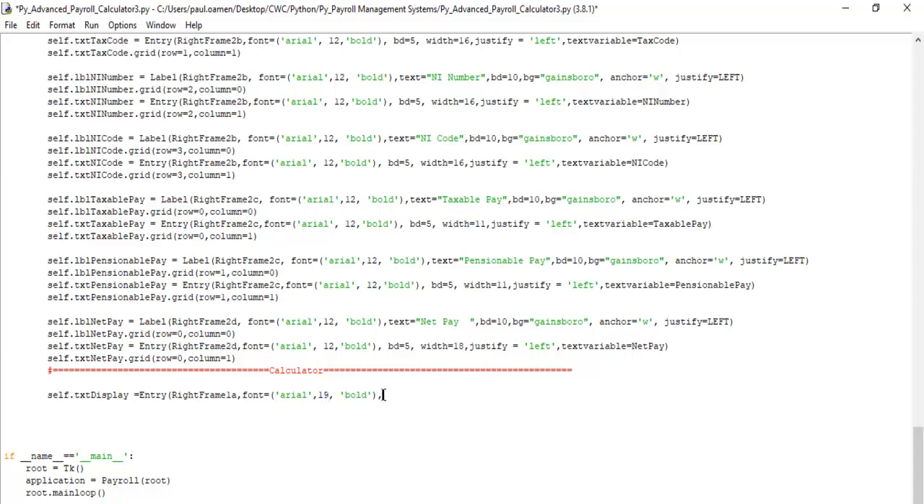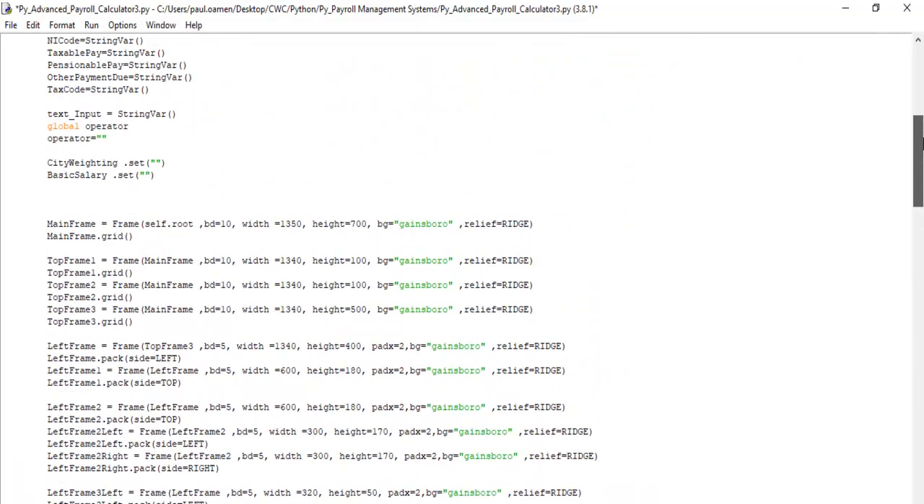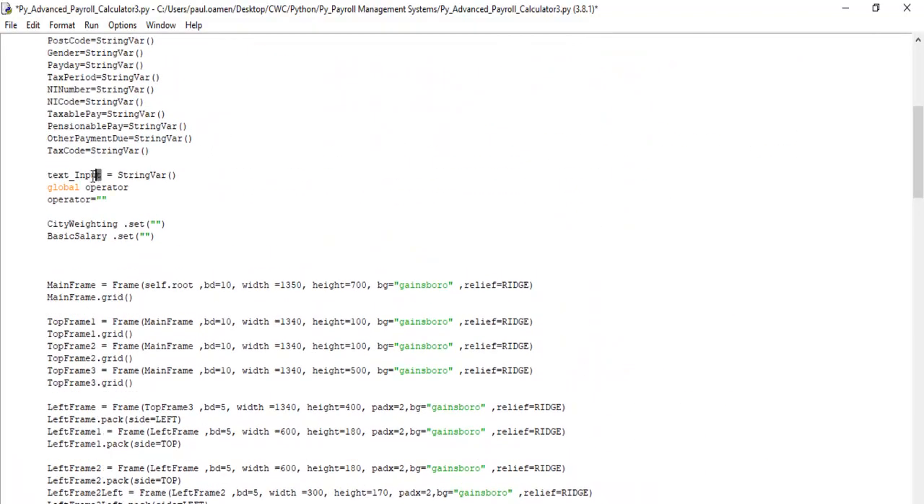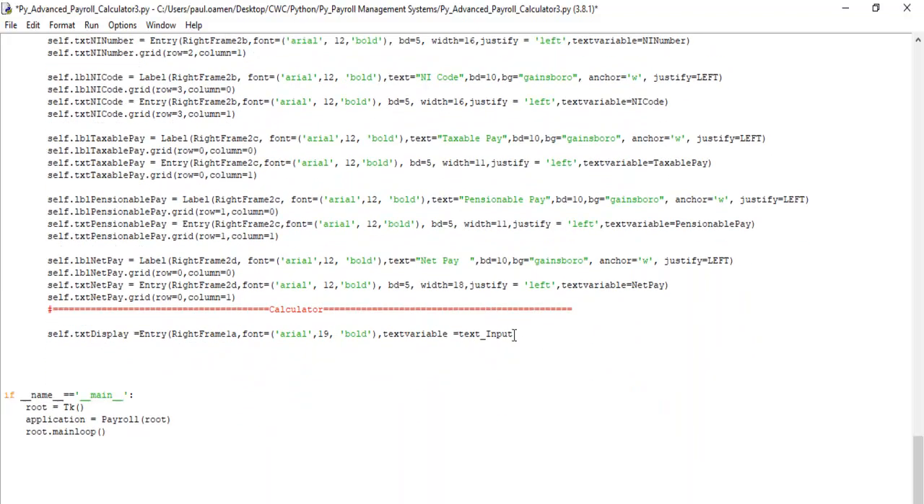And the variable is going to be textvariable equals text_input. The variable, if you guys can still recall, the variable that was declared right here, this very one, text_input, that's the variable that I intend to add here. Now I want to make the border equals 5, then insert